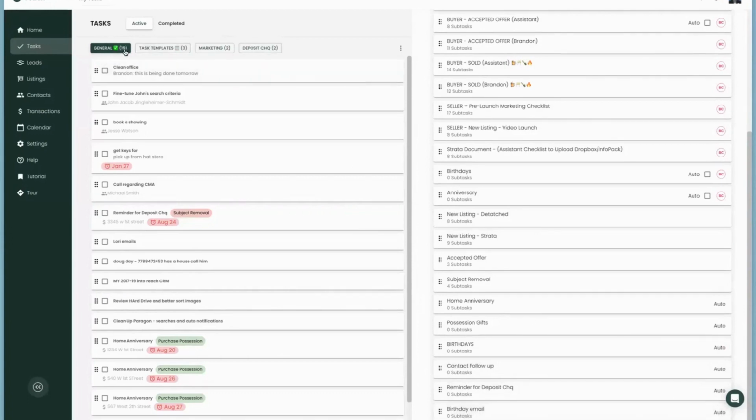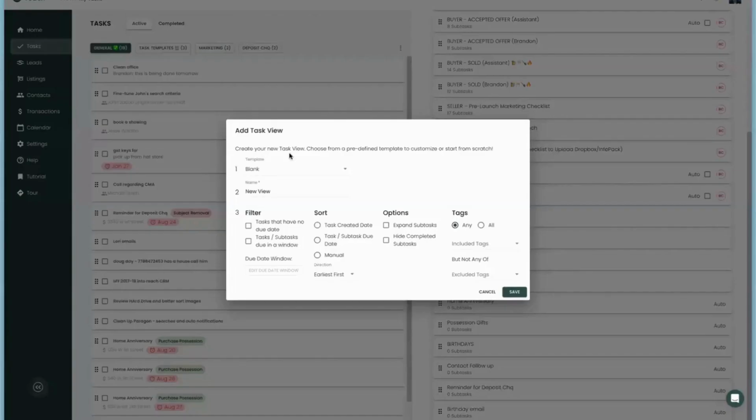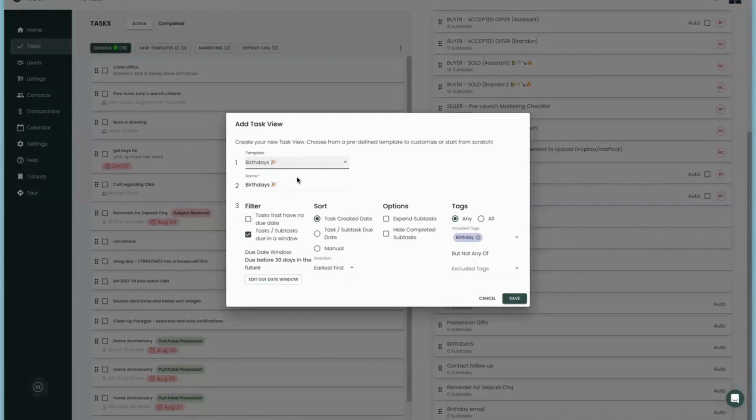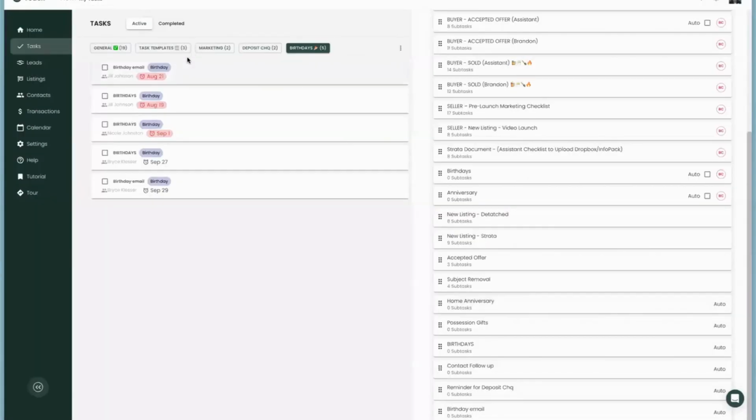But I need to be able to view that somewhere. And so inside here, I'm going to add a new view. Reach has given us a few defined ones here, and you can actually select the birthday one that we've already created for you. And that's already setting the filters here. It's got some due dates, sorting options, but you can see here it's going to include any of the tags of birthdays. And so everybody in your contacts that has a birthday entered will have a birthday associated to it as a tag. So I can click save, and now it's pulling up all of my birth dates for my